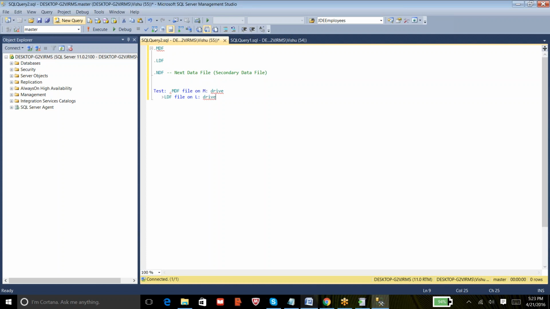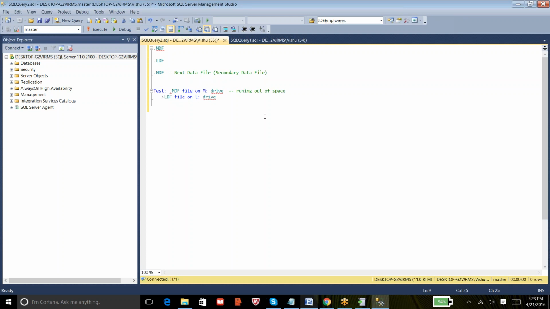This is the initial setup of the test database. Later on, data is continuously loaded into this database, and you notice that the M drive is running out of space. As users load more and more data, at some point this drive runs out of space.